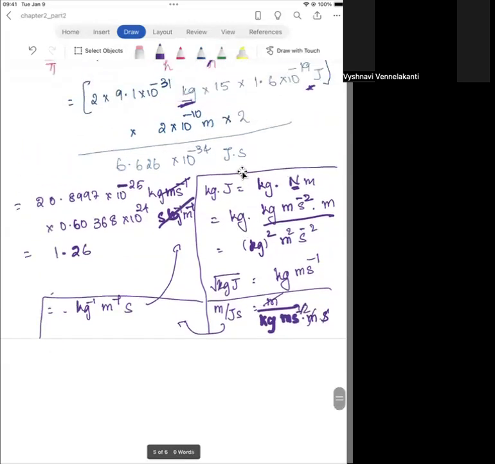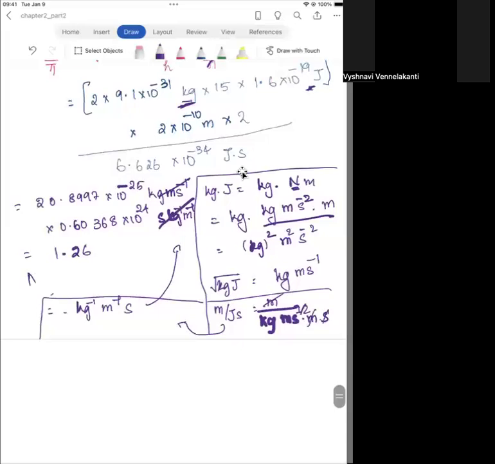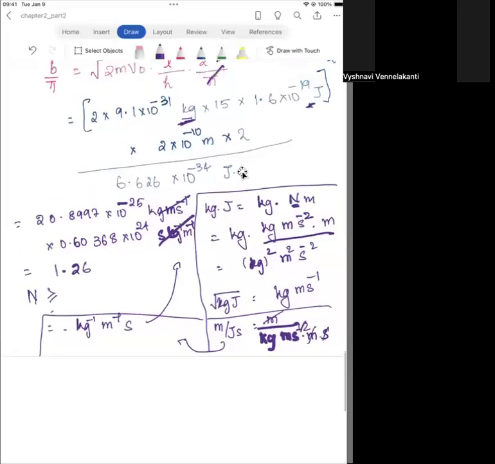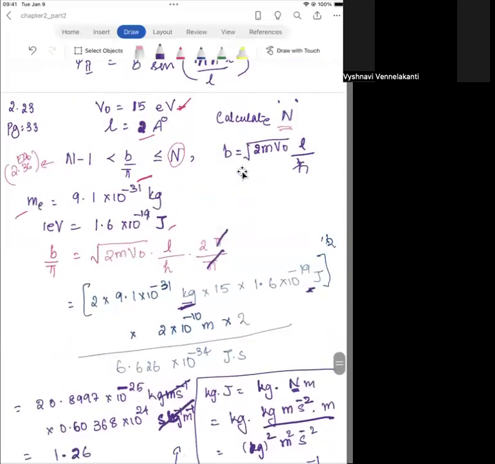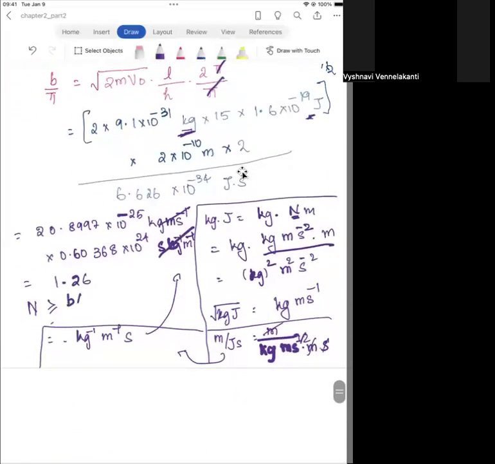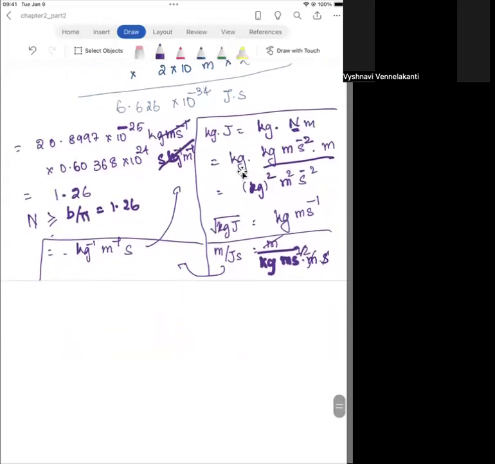So we know that the number of bound states is greater than or equal to B over pi, which is 1.26. So your N is greater than or equal to 1.26, which means your N is going to